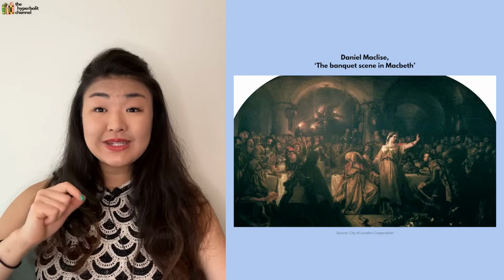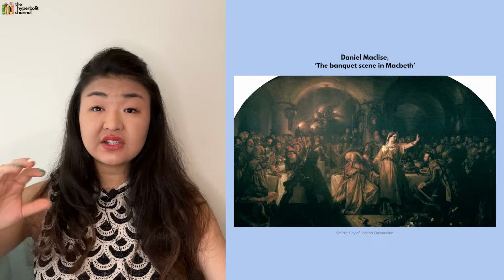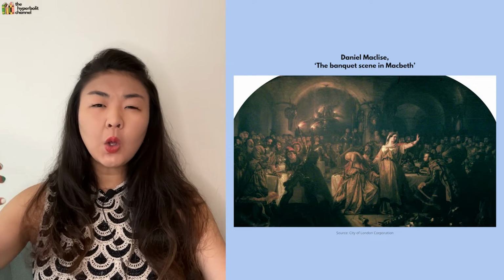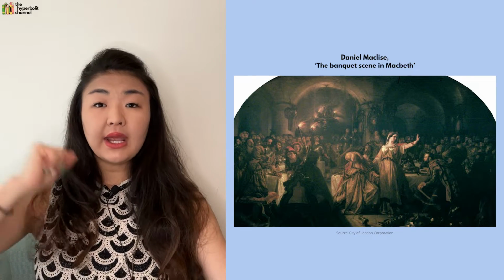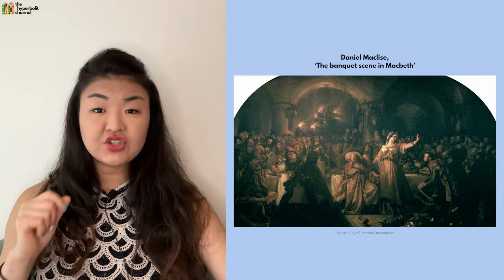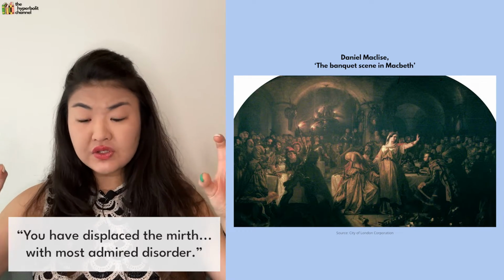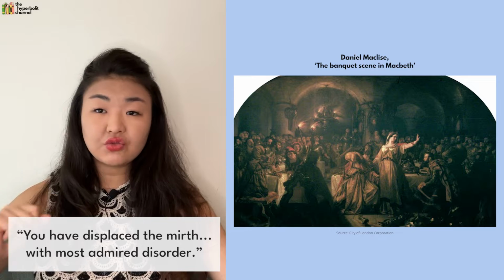Interestingly, the Irish painter Daniel Maclise also made Lady Macbeth a point of emphasis in his impression of the banquet scene. As we see from his mural, the light is cast sharply on the queen, who holds her left arm out and up in an authoritative stature as she tries to contain the most admired disorder her distraught husband has